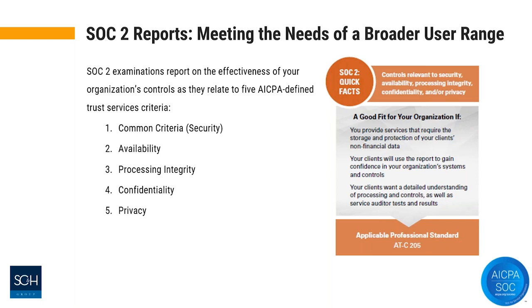As Paul mentioned, one of the keys when thinking about SOC 2 is that the AICPA, within each of these criteria, has defined the requirements that you as an organization must follow. Every criteria or every control area might not be applicable to your organization, but all areas must be addressed. Whereas within the SOC 1, you're defining the scope and the objectives based on the services that you provide.